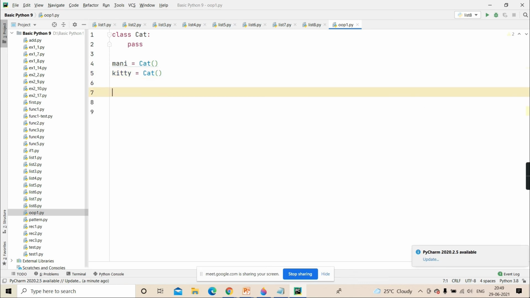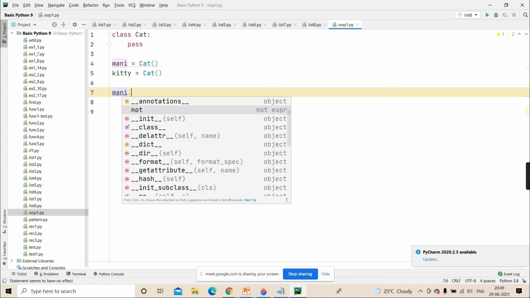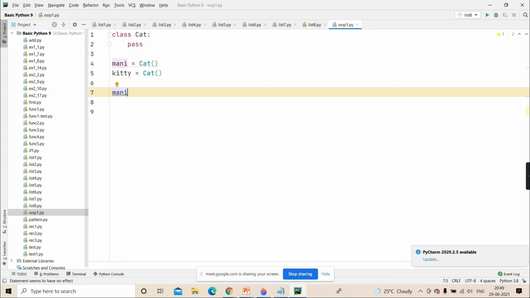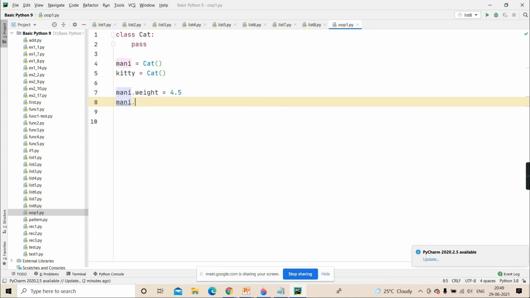Now I am adding some properties to the Money object. So money dot weight equal to 4.5, and money dot color equal to black.